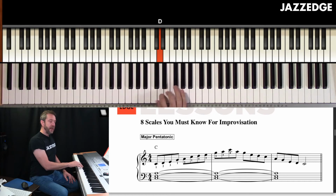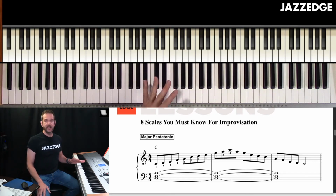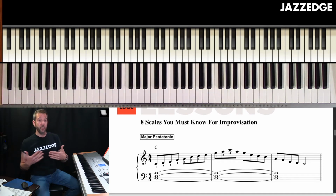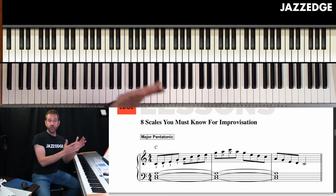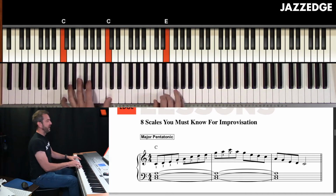Now, this pentatonic scale is super important because it is an extremely versatile scale in that you could use it for everything from jazz to rock, pop, even classical to some degree. All right, so if I'm going to play like...